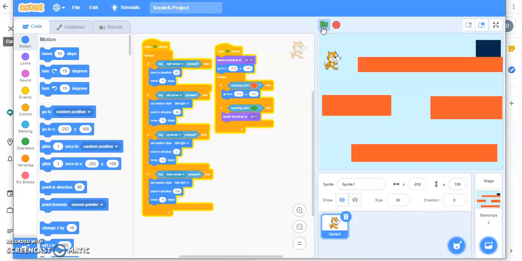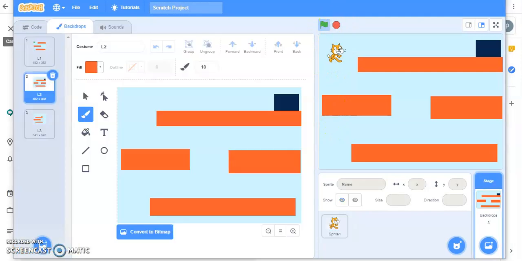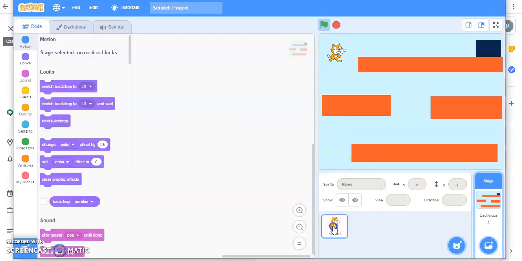This is my level 2. Now I want that when I go to level 2, my backdrop has switched to level 2, but this cat should start its journey from here. So code it.